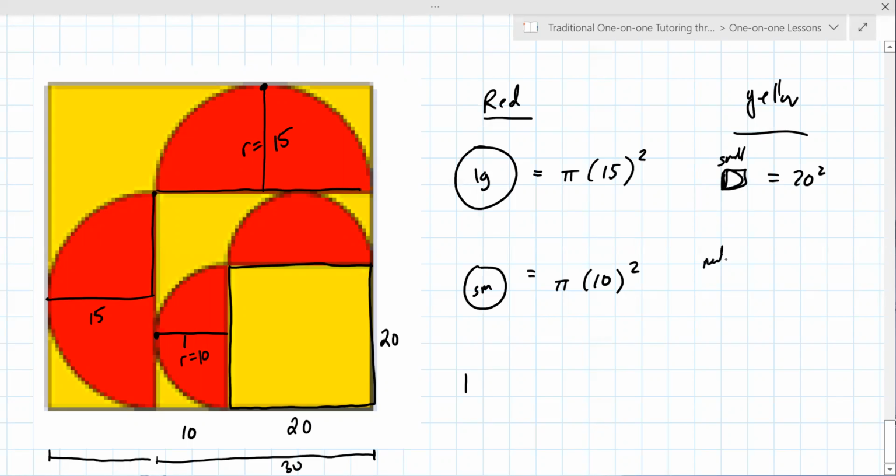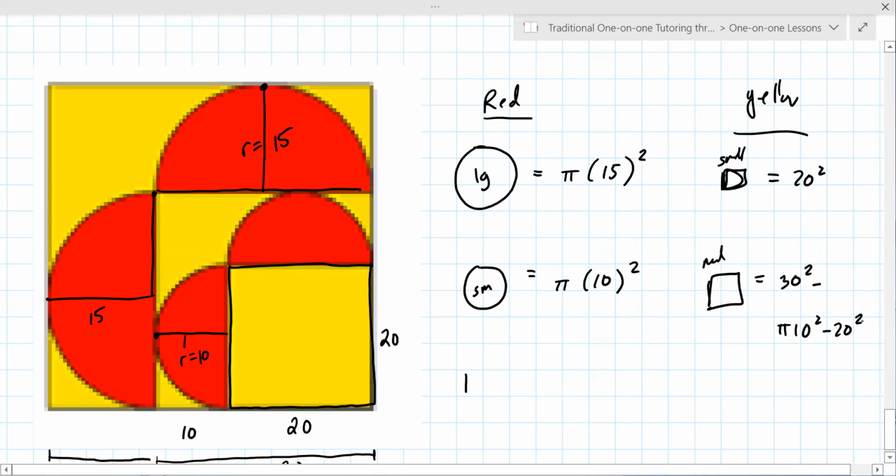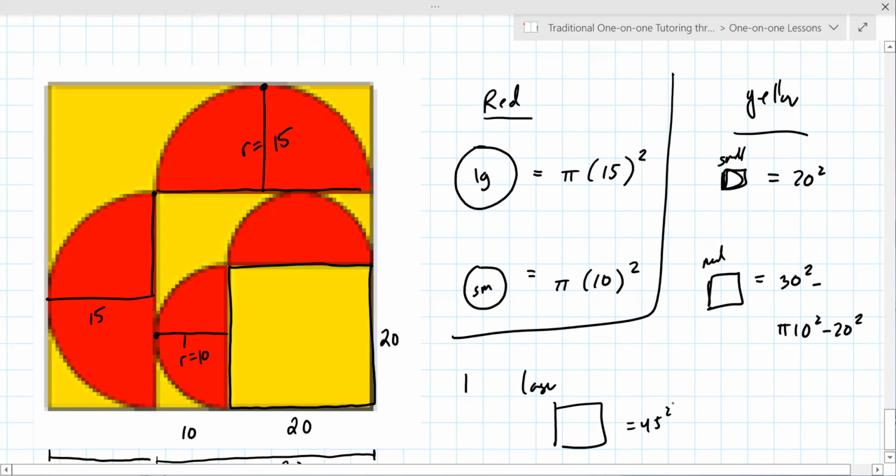The medium one is 30 squared minus. So we have to subtract the two circles and then subtract this square. Oh, okay. So minus the pi 10 squared minus the 20 squared. And then the large yellow is 45 squared minus the large circle,